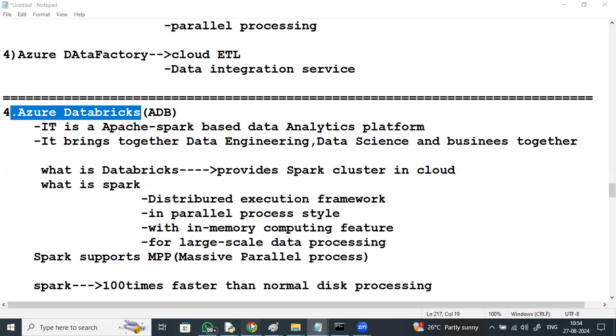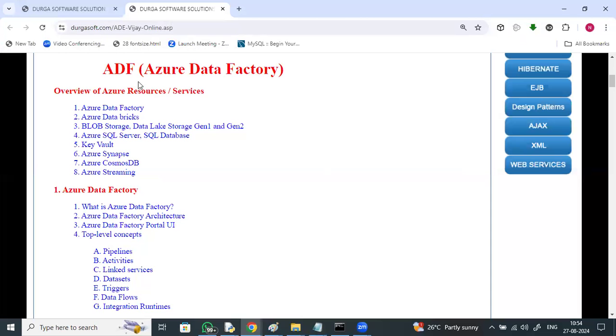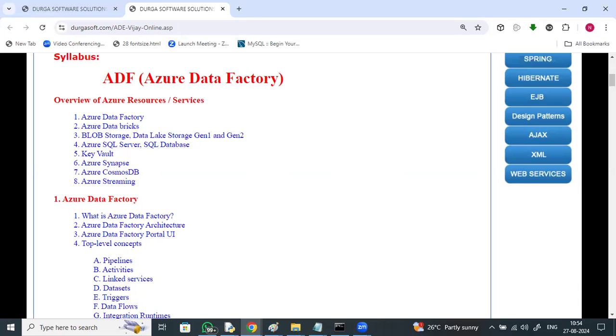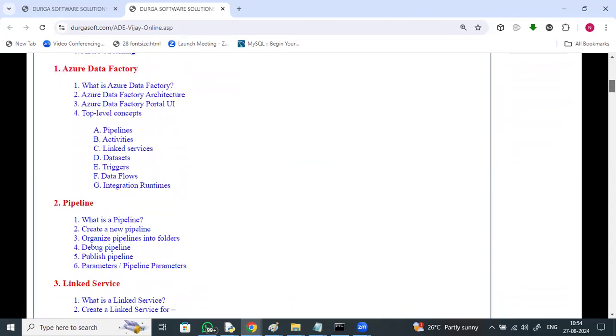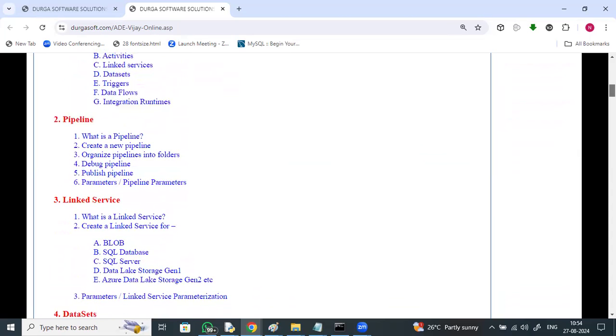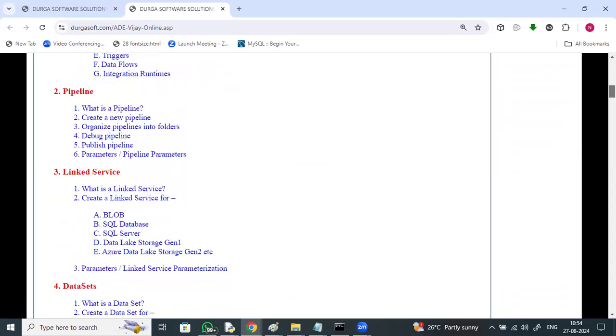But once check this course content, right? In this Azure Data Engineering, 3 products mainly I'll be discussing, but the remaining also like Azure SQL, Azure Data Lake, Azure Synapse, all this I'll be discussing. Majorly ADF, ADB, Azure Data Factory, Azure Databricks with PySpark. So here is an overview: Azure Data Factory, pipelines, activities, linked services, data sets, triggers, data flows,